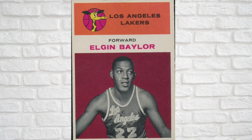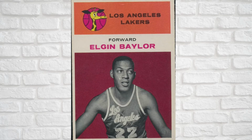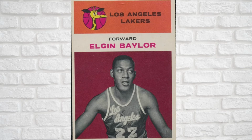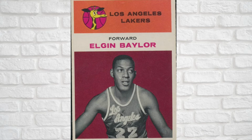This one is less common on the PSA pop report than Oscar Robertson. He has 499 total on the pop report for his '61 Fleer rookie. This guy was considered to be the best player who never won a title. He was an 11-time All-Star with the Lakers and went to the Finals eight times, but never won a title. Just an all-around incredible player, obviously. And so for his cards,